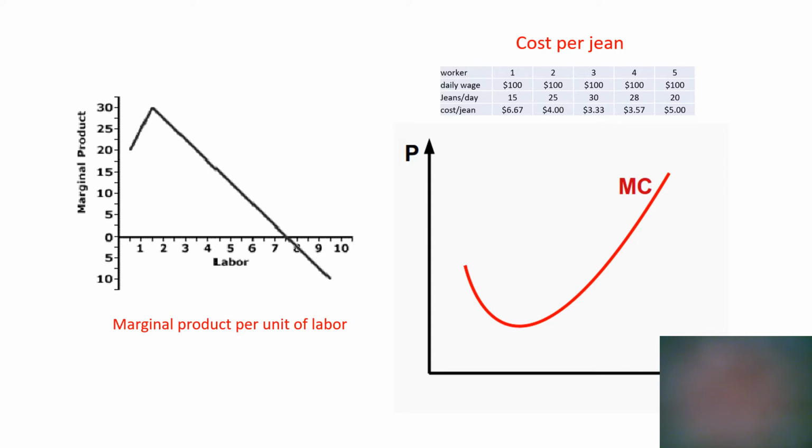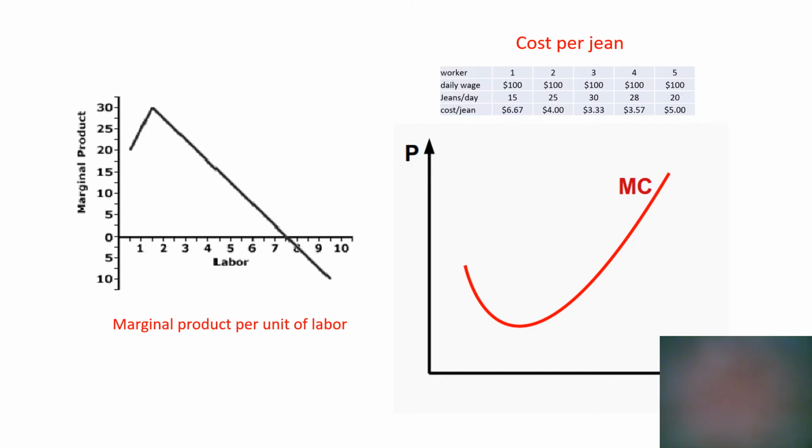So I made a little table there. If we were to say that each worker is paid a daily wage of $100, and we take a look at our earlier graph, we see that the first worker added 15, the second 25, the third 30, the fourth 28, and the fifth 20. If we were to take that $100 per day and divide that by the output for each worker,